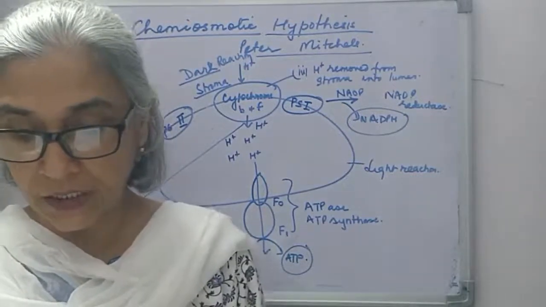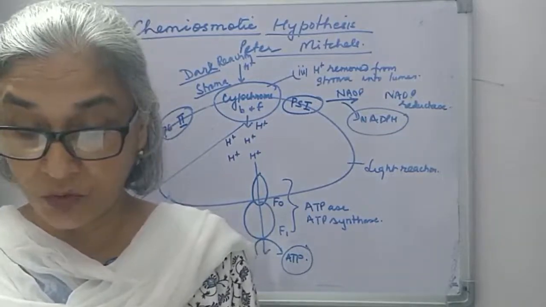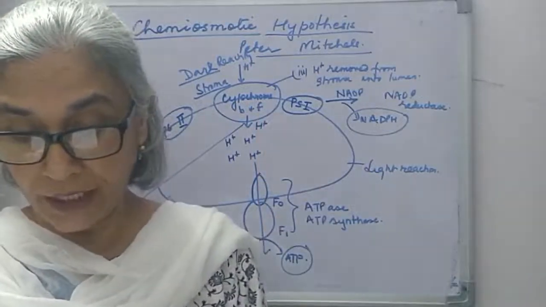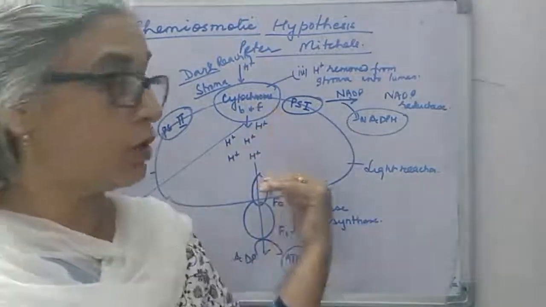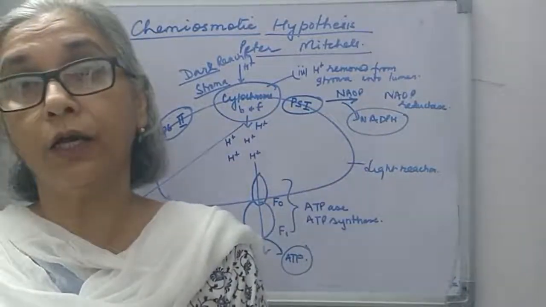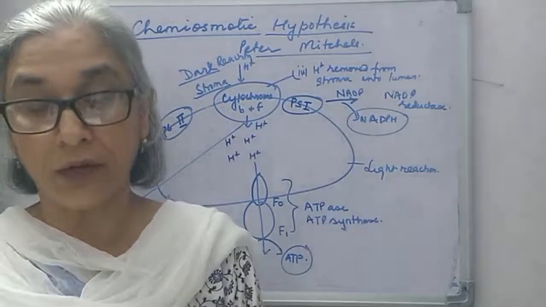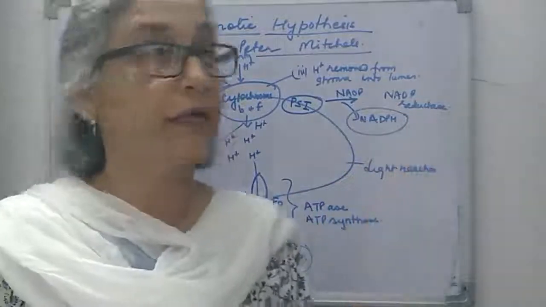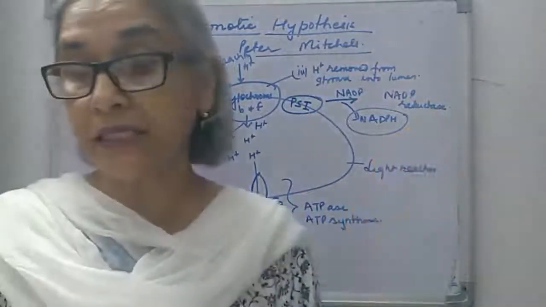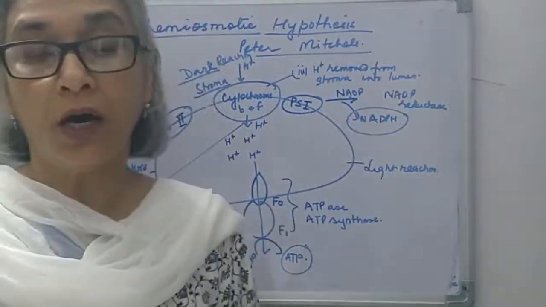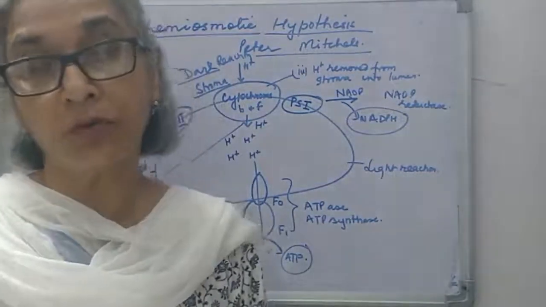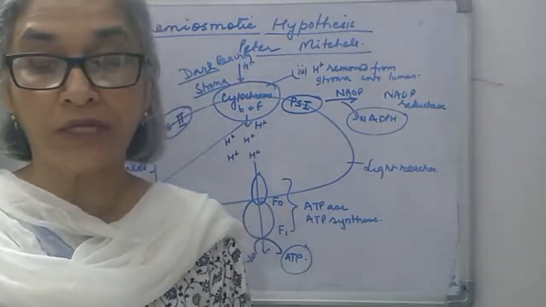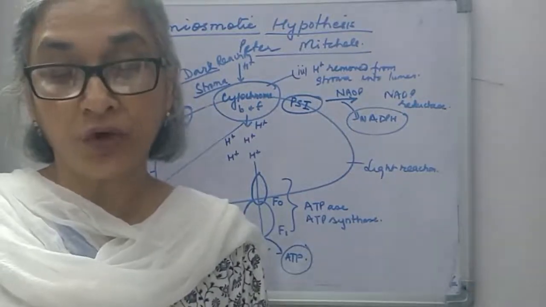When the molecule passes on its electron to the electron carrier, like cytochrome B and cytochrome F, on the inner side of the membrane, the proton is then released on the inner side, the lumen of the thylakoid. Now NADP gets reduced to NADPH, and the enzyme involved is NADP reductase enzyme present on the stroma side. Along with electrons, protons are also removed from the stroma. The proton gradient is important as it is the breakdown of this gradient that leads to release of energy.